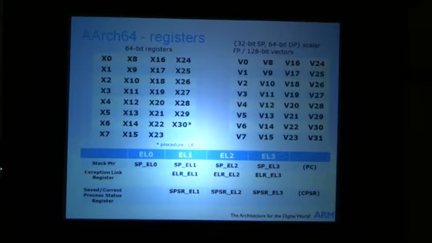If we look at the register file, it's a bit larger than what it was in the traditional ARM. We now have 31 general purpose registers with register 30 designated for procedure link registers. So when you make a procedure call and return, that's where the address is stored. There's also 32 now 128-bit vector registers, and they're used for scalar floating point as well, both single and double